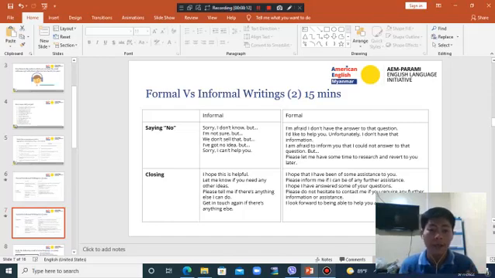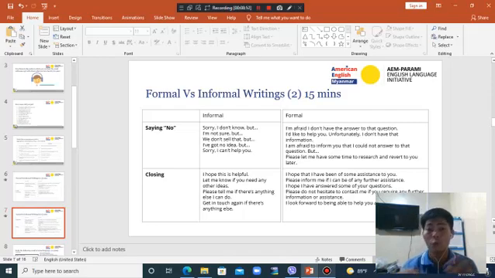So we have to close it with an opening. What I mean by that is that we close an email, but we have to open a way for your email writers to ask if there is any further information, any further questions he or she might have, right? So I hope this is helpful. Let me know if you need some other ideas. If you need any other ideas, or please tell me if there's anything else I can do for you, or please get in touch if there's anything else. These can be used in formal writing or spoken situations as well.